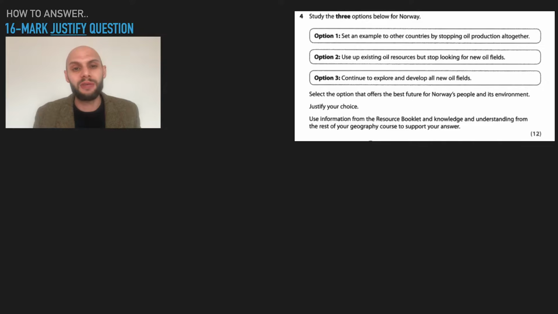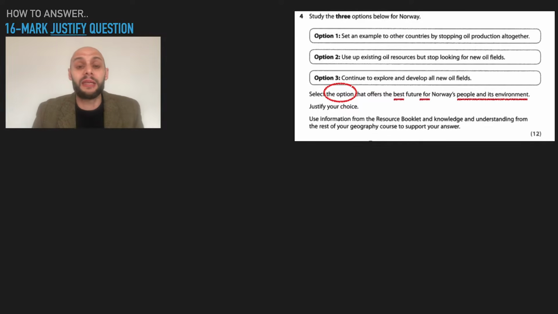It's going to give you 3 options and ask you to choose one option. So study the 3 options below for Norway, option 1, 2, 3. Let's have a look at the first sentence. Select the option that offers the best future for Norway's people and environment. So one option you've got to pick, that offers the best future for Norway's people